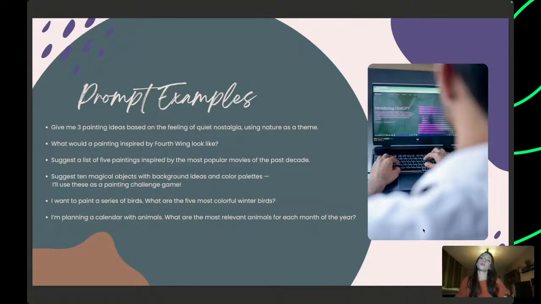You can also get a little bit more playful with it. So for example, suggest 10 magical objects with background ideas and color palettes. I'll use this as a painting challenge game. So here it will not only give you the objects, but it will also give you background suggestions and the color palette. So this is really helpful when